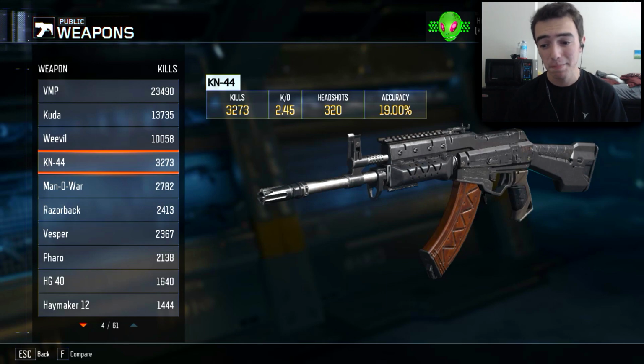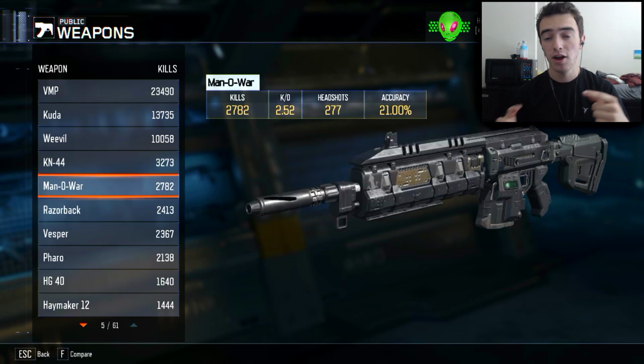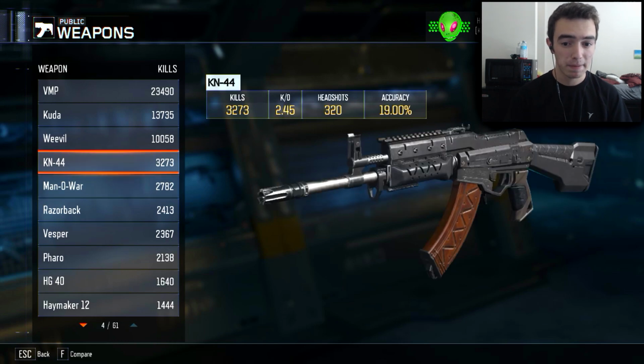The reason for that is because I personally think this is the most powerful assault rifle within Black Ops 3, even though I do think that the Man of War can really rival that if you throw on, like I said, high caliber or the ELO sight and even quick draw as well. Having those attachments on the Man of War can definitely rival the KN44 in my opinion,